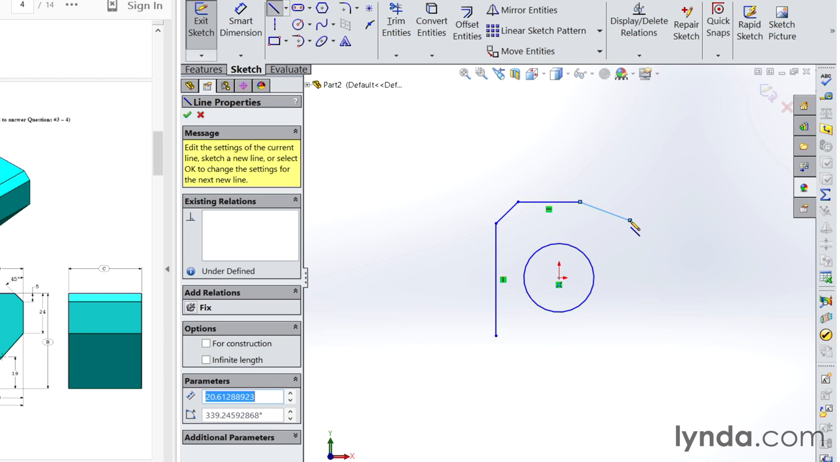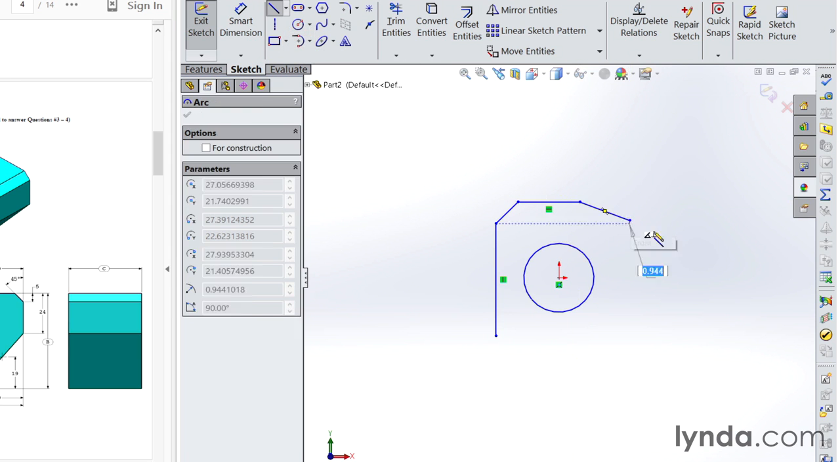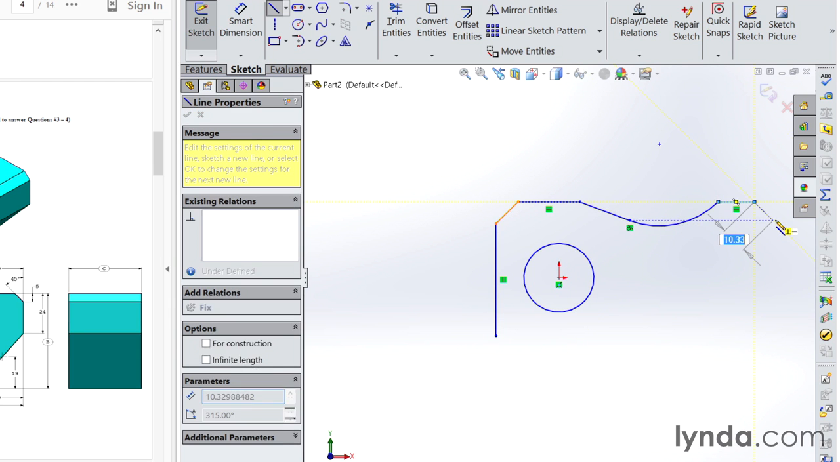Now I need a tangent arc. So notice there's a tangency showing up over here. So I can either choose the tangent arc up here, or if I go out and then back onto that line, it turns into a tangent arc magically. So that's a quick little technique you can use to quickly jump from line to tangent arc. Then go over across here, come down at an angle,